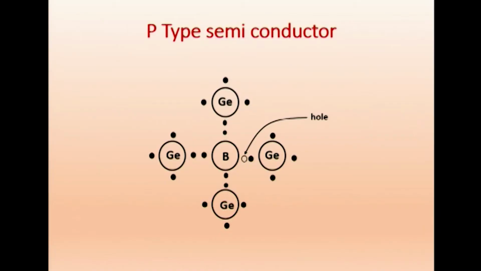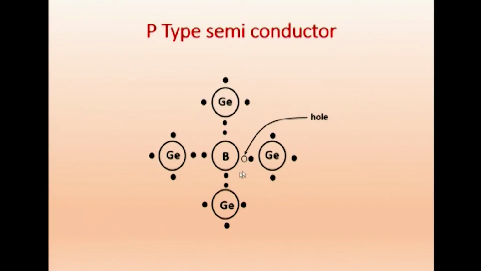Now, how do you get a P-type semiconductor? For P-type, a pure germanium crystal is taken, and we knock out one or two germanium and put in an element which is trivalent, valency 3. Boron is an example. Boron has valency 3, so it has 3 electrons. It will be bonded there, and there is a hole, a vacancy. Absence of electron is a positive charge. So that hole is a positive charge, which is what you see written here as hole.